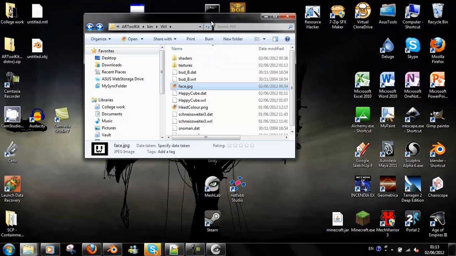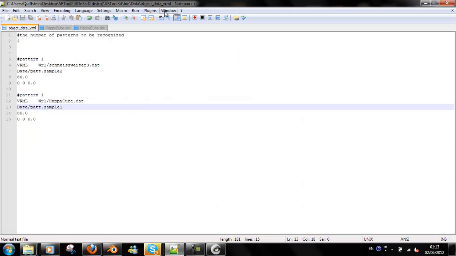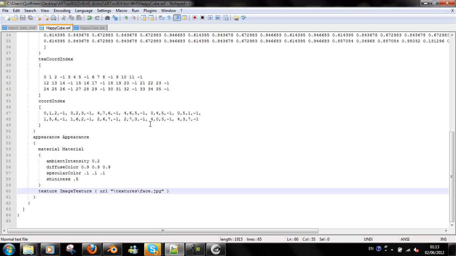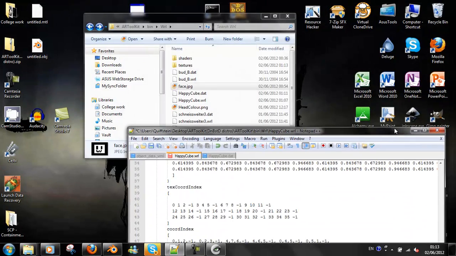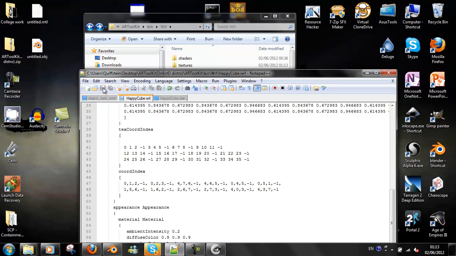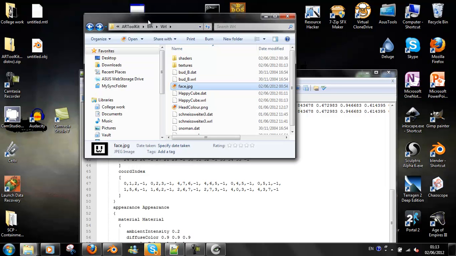And then I go back and open my model file, the WRL for the model that I've made, and I completely get rid of this bit. So it's just literally just the name of a texture. Now I want to make sure that I've got the name of the texture right. Face.jpg, face.jpg, there we go. So save that, go back